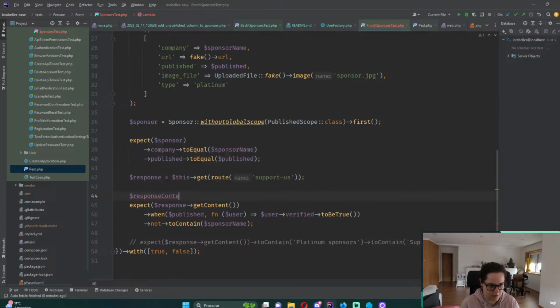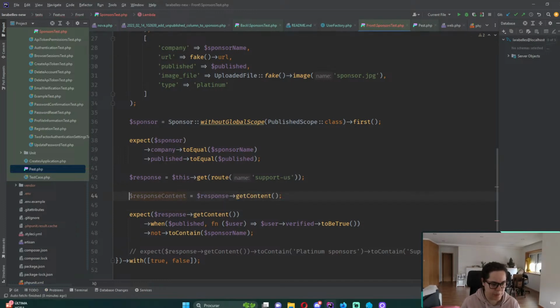Response content. I'm trying to be a bit more specific with the variable naming so that we can see what it is. Still, these tests are fire. Pest is amazing. Yeah. Response content. And now we have when